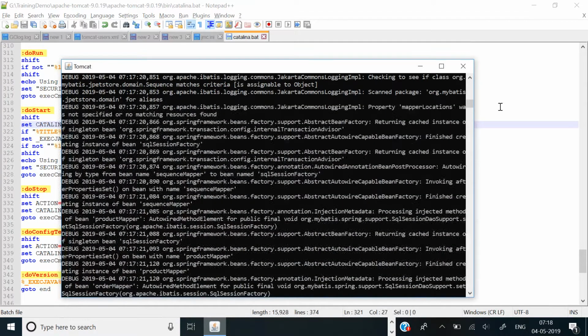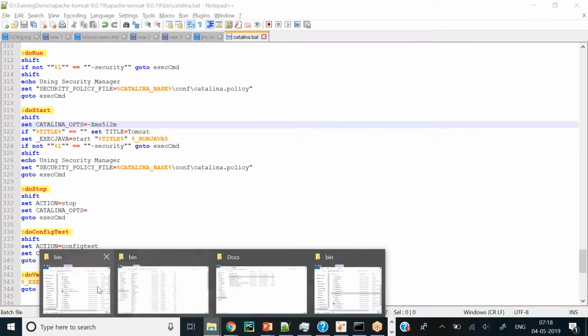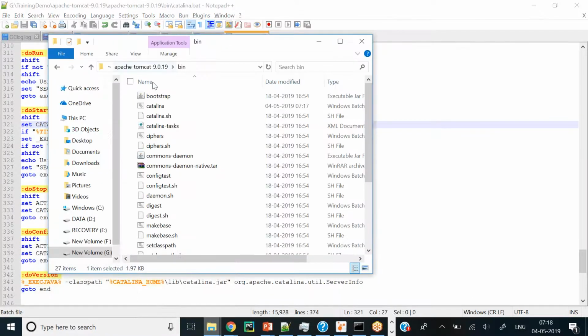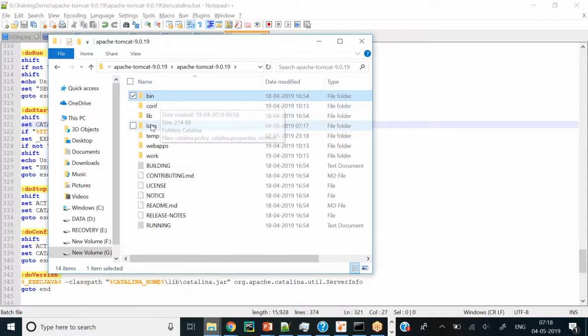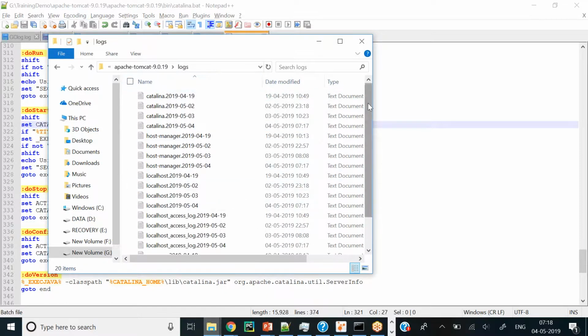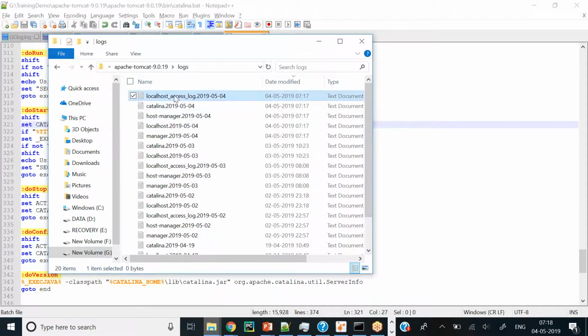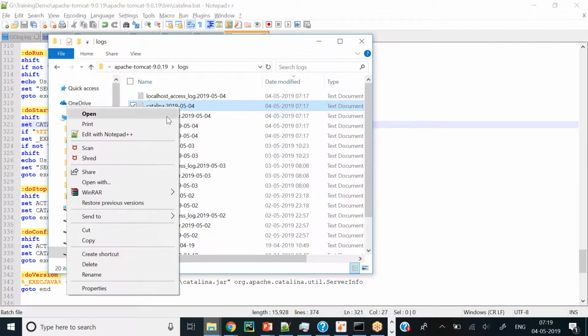Yes, just try after stopping. One more thing: if anything is not clear about what is happening inside Tomcat, you can always go back to the Tomcat installation folder, where you will have the logs directory. Under logs, there are different types of logs created, so sort them by date. The localhost access log records when you access the application, and the Catalina log records the changes made.